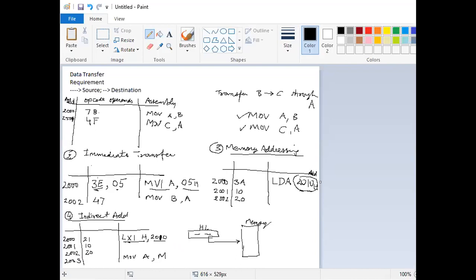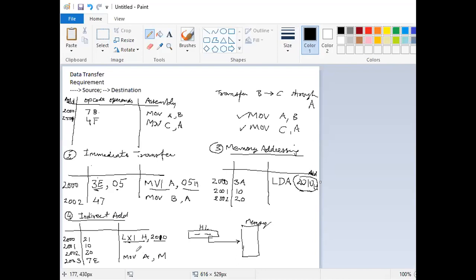And when you look for the operation code, move from memory to A, the code is 7E. So this is a 1 byte code, 7E. So this is the program of indirect addressing mode, which will transfer the content from the address 2010 using indirect addressing into the accumulator.